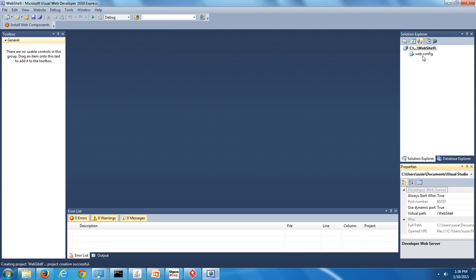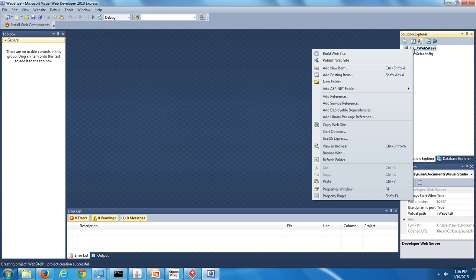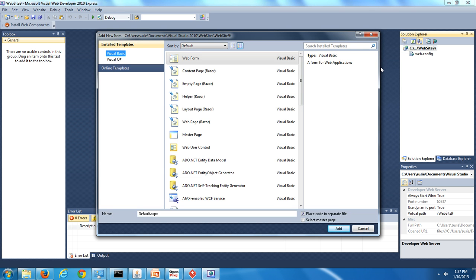But now we have a website that's been created but doesn't have any files in it. So what you want to do underneath the Solution Explorer is select the top folder, right click, and then from within the pop-up that appears, select Add New Item. This window is going to open up, Add New Item. Make sure Visual Basic is selected, and at the top, make sure Web Form is selected. And at the bottom, this is going to be the name of the web form. For now, you can leave it as